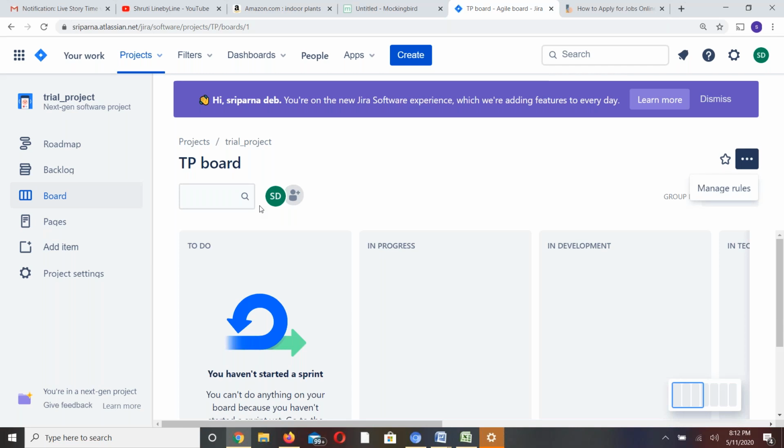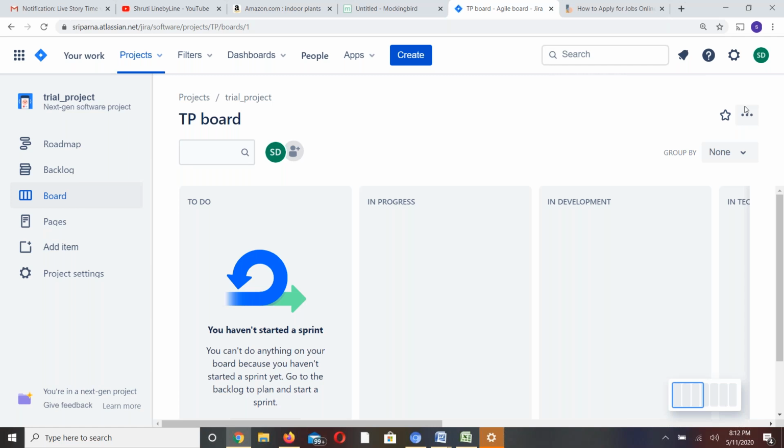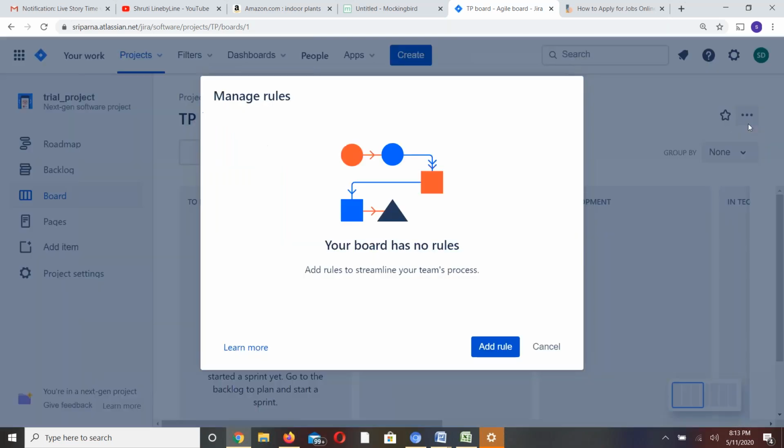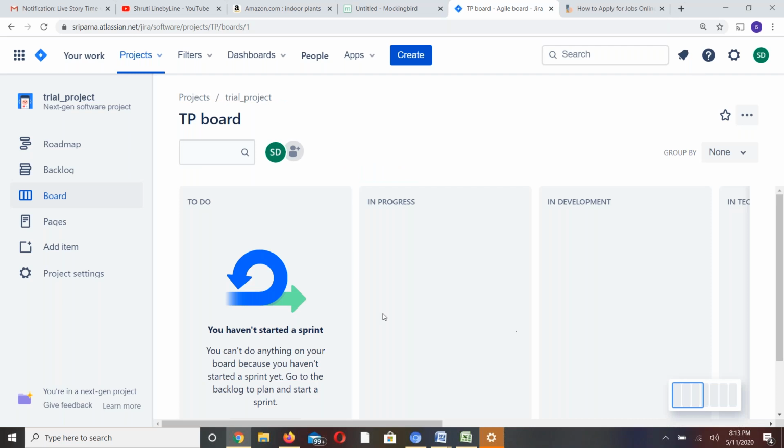So for every sprint cycle, there is a start date and there is an end date, which ideally should be showing here. Okay, so roadmap again. This is for the future, like how the items are moving from one stage to another stage. That is defined under the roadmap.